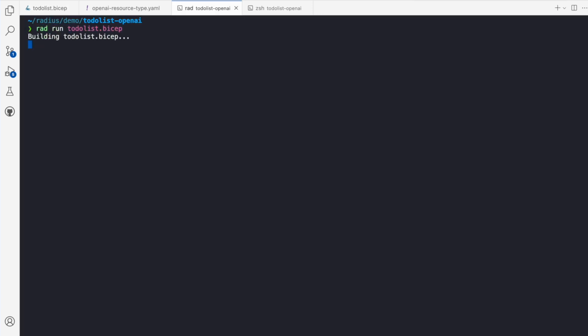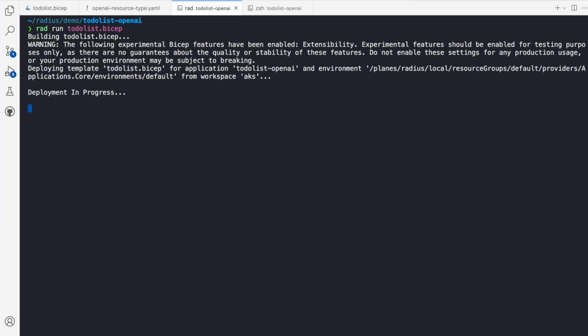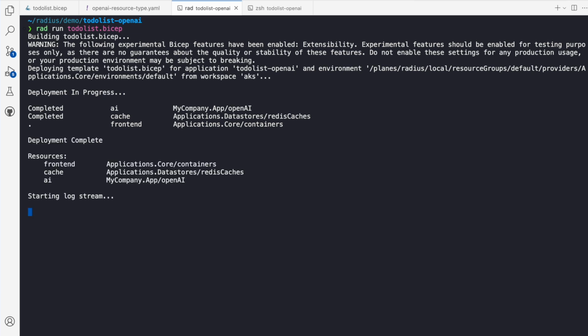Since we're using Azure, this will deploy our OpenAI model using Azure OpenAI and our cache using Azure Cache for Redis. Then the front end container is deployed to our Kubernetes cluster. Radius knows how to do this, and it creates a service account, a deployment, a service, and then it exposes that service. And since we're using rad run, it'll go ahead and set up port forwarding so that we can